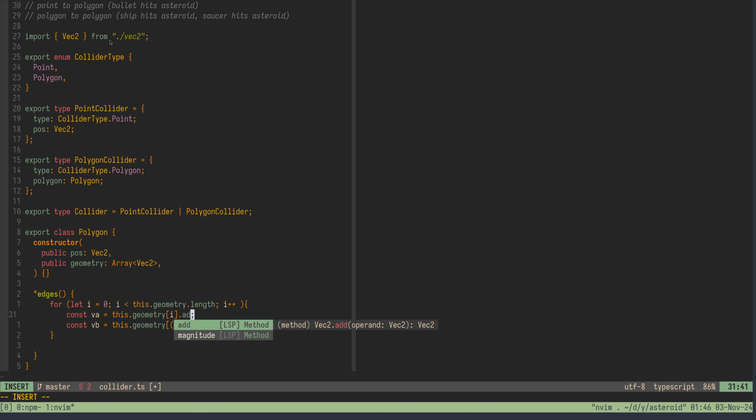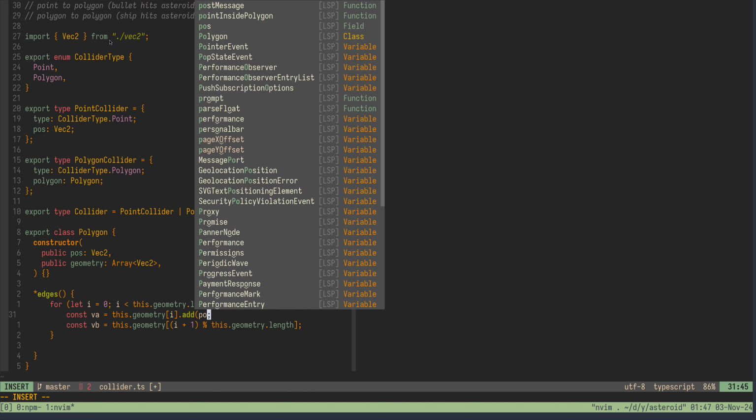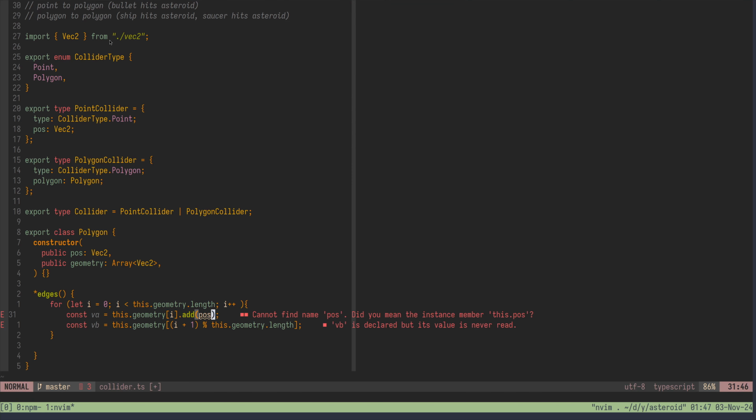Because we want not the local, because the geometry is just relative to some origin which is 0 0, right? We want to offset it by the actual polygon position to get the absolute position of that vertex. So we will say this dot position, and then we will do the same thing here, this dot position. Now we can do yield VA VB,